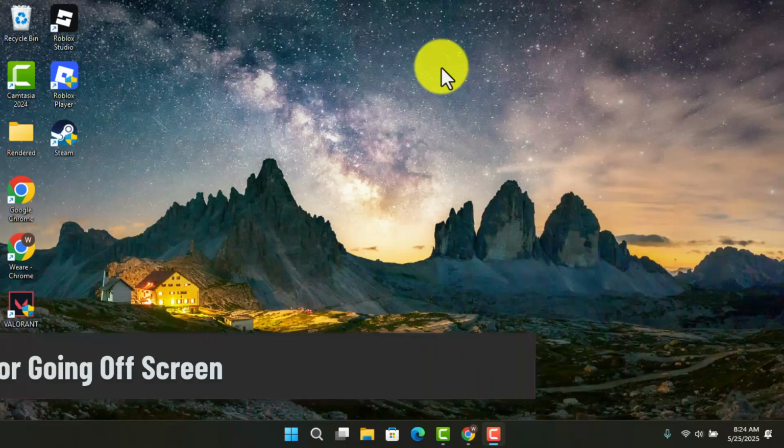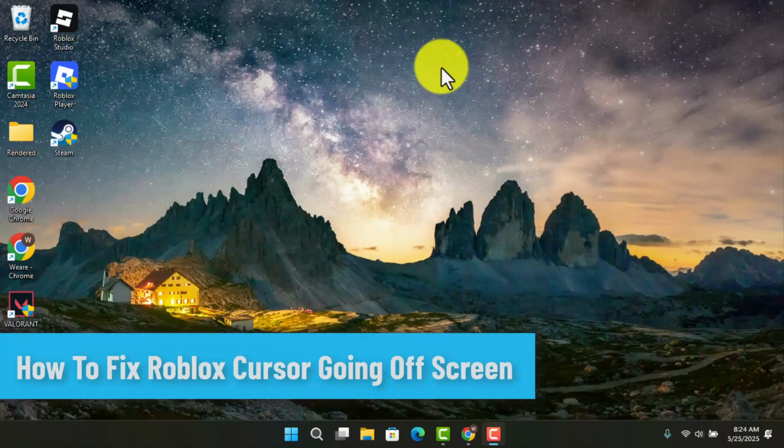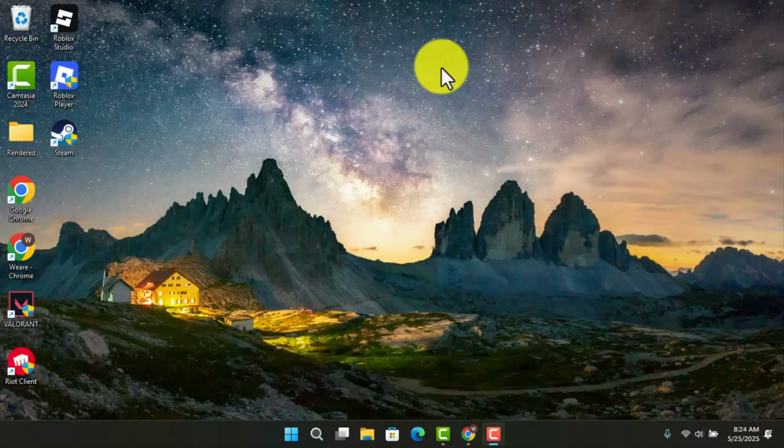How to fix Roblox cursor going off screen. In this guide video, I'll be showing you the step-by-step procedure, so make sure to watch this video right till the end. So first of all, the first step,